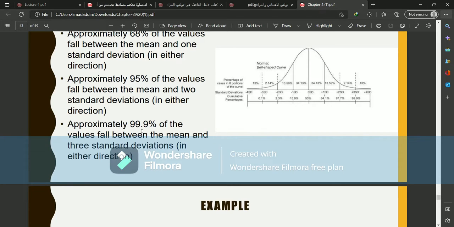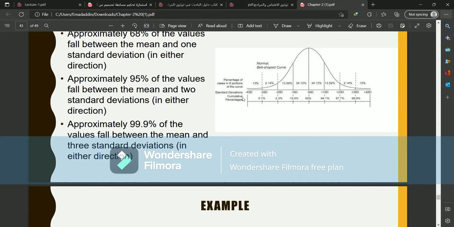Approximately 99.9% of the values fall between the mean and three standard deviations in either direction. So these are the percentage of cases in each portion of the curve. So we have this and the standard deviation